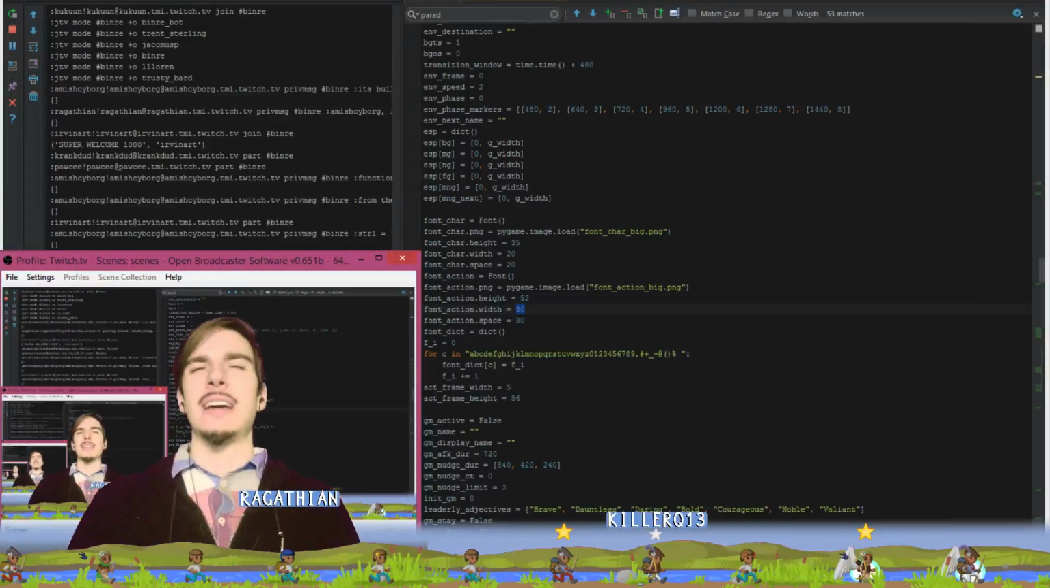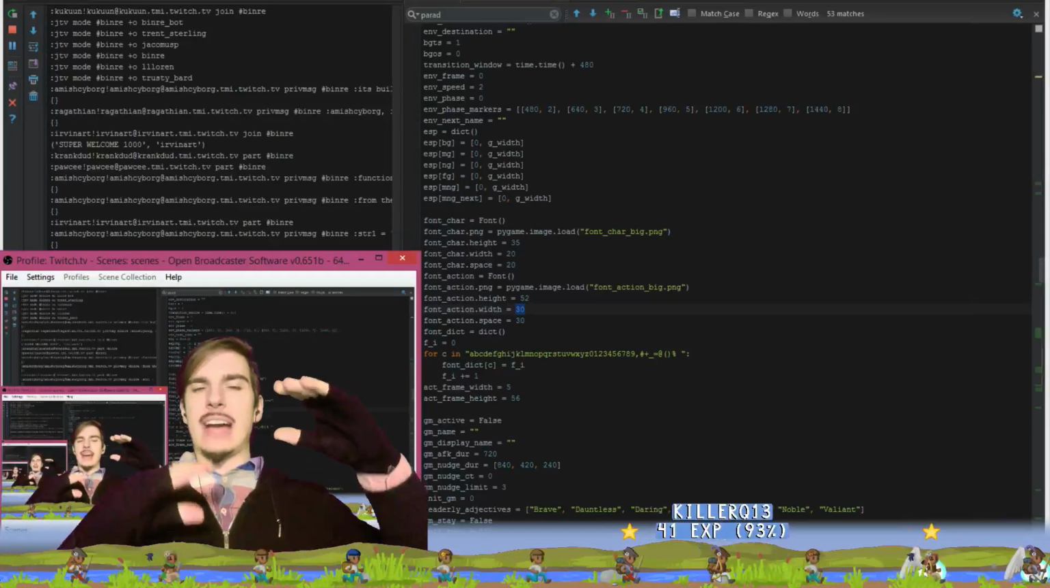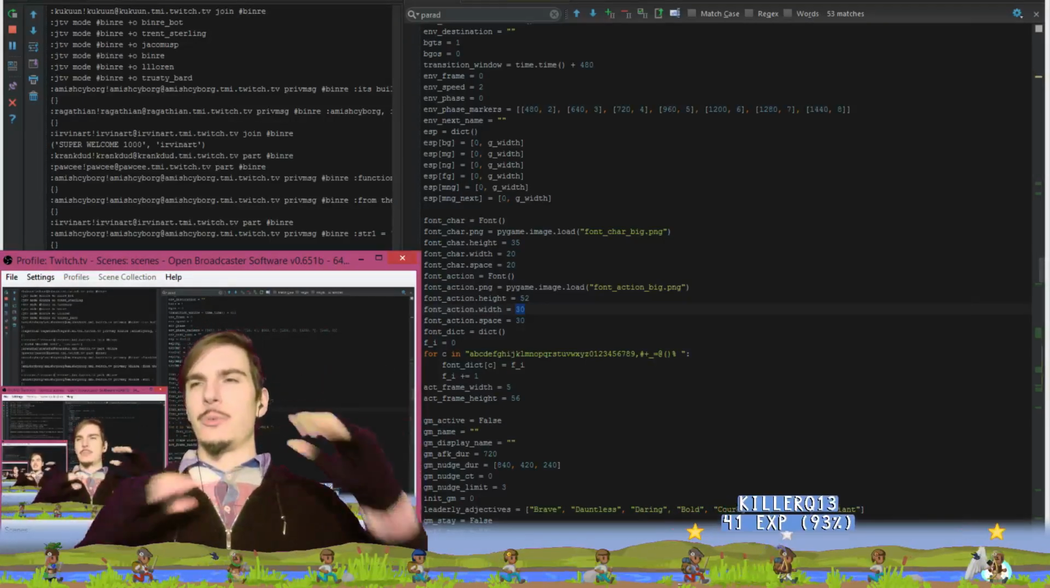Yeah, I don't want to go multi-line. I don't even want to stagger the action tags to give them more space, because they still